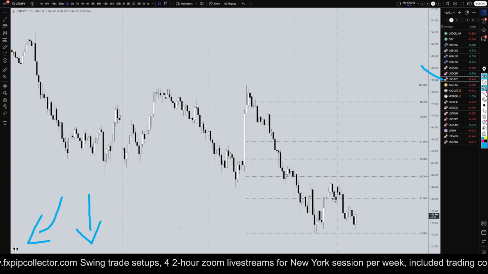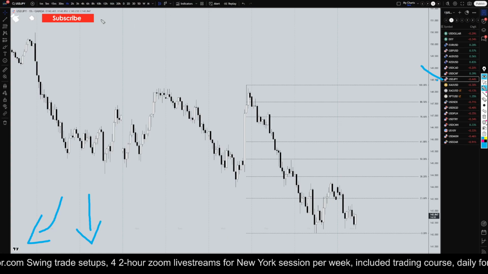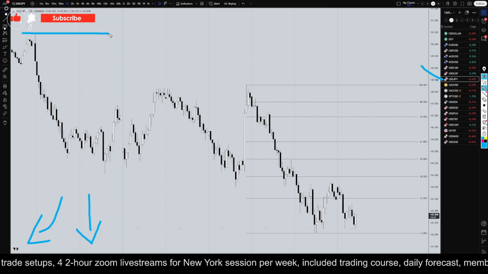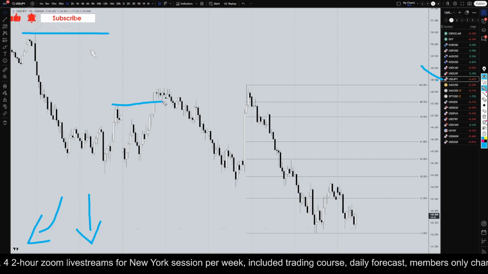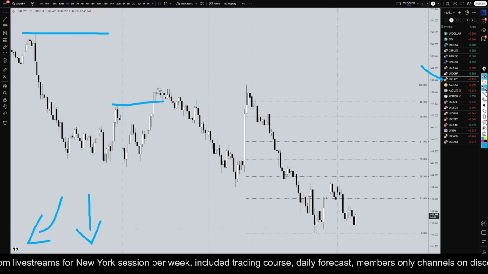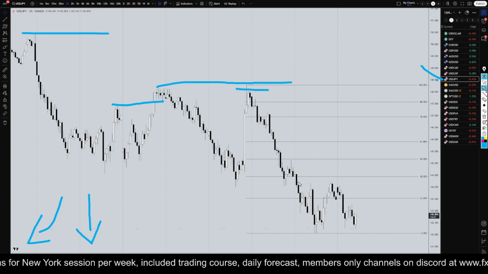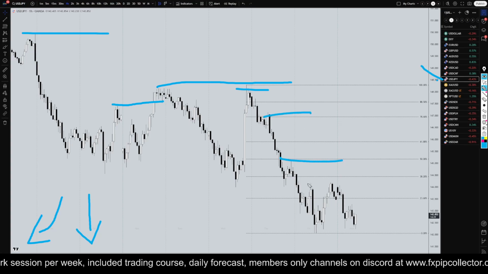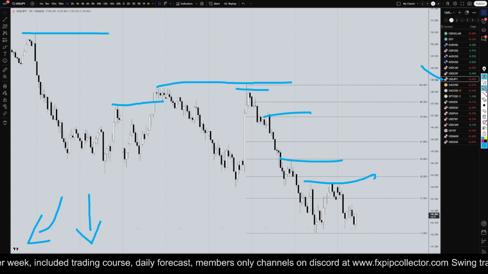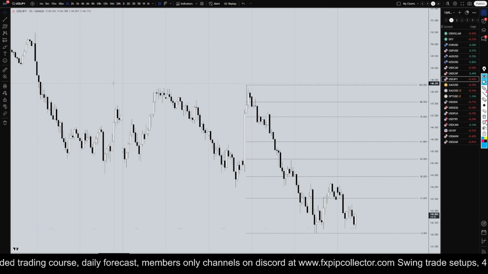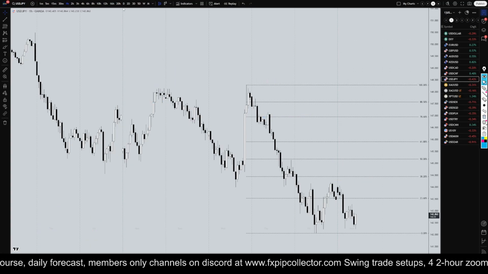So anyways, the US dollar again has not been able to break structure. Even if you go way back here, this is all lower highs. Right here, it tried to break structure but instantly rejected it. This is all lower highs, lower highs, lower highs. So there's definitely not been a break of structure. There's been no reason whatsoever to think that there's any reason to start looking for longs in a big way.